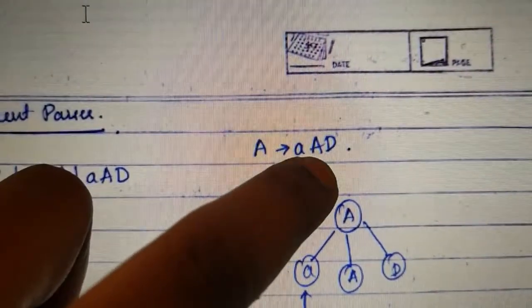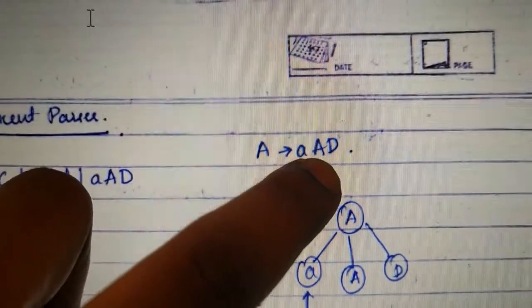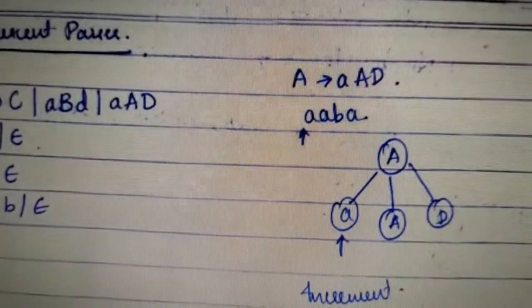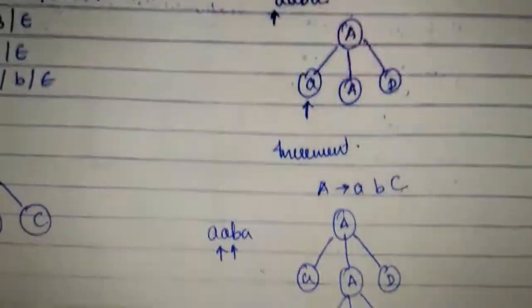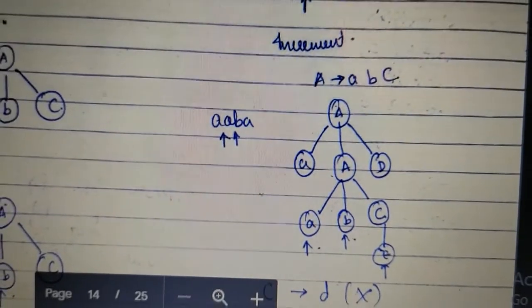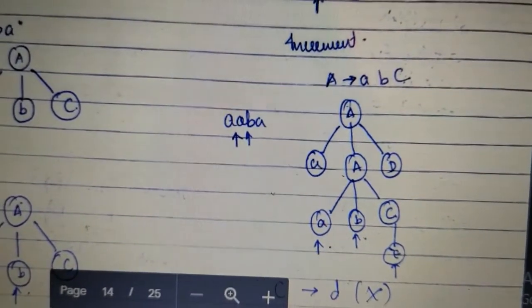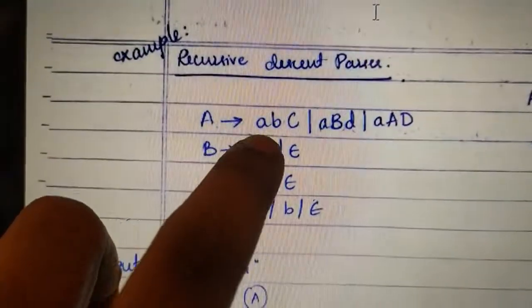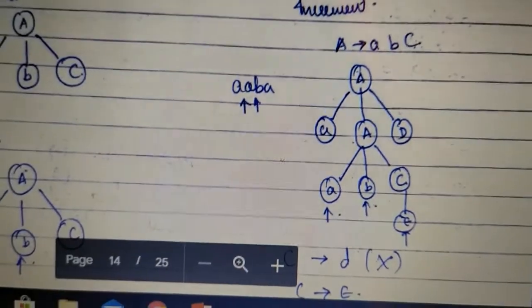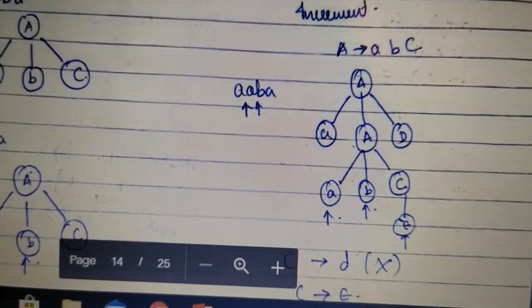So again we will consider this. We have to now replace this A with some production. So we will increment the value and we will see what we can replace A with. What we are going to consider is again the first production, as you can see, A, B, C. So I will take my A value and replace it with A, B, C here.